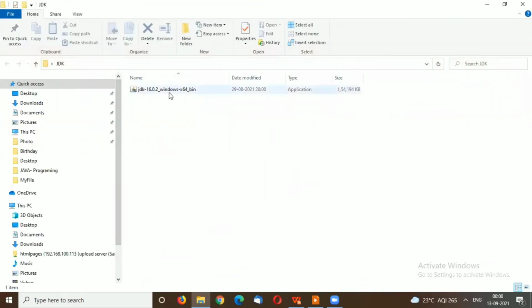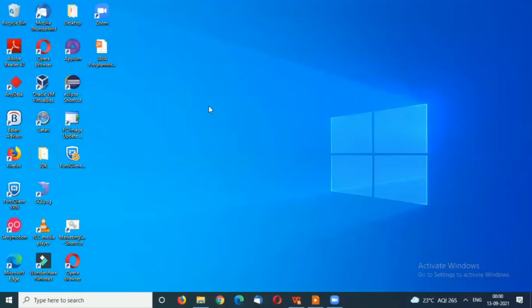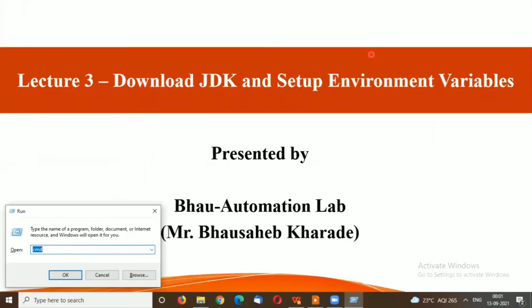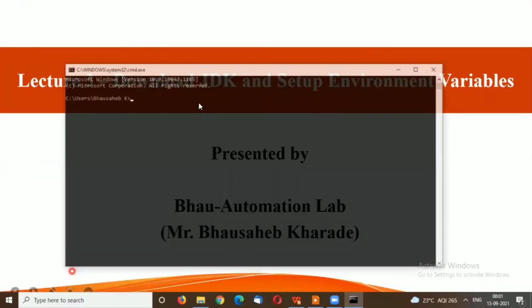So we need to install this in your machine. Before that, we need to check whether Java or the JDK is already installed in your machine, and if it is, which version. How to check that? Just press Windows R, or go to the Run application in your system, and type cmd. Then type java.